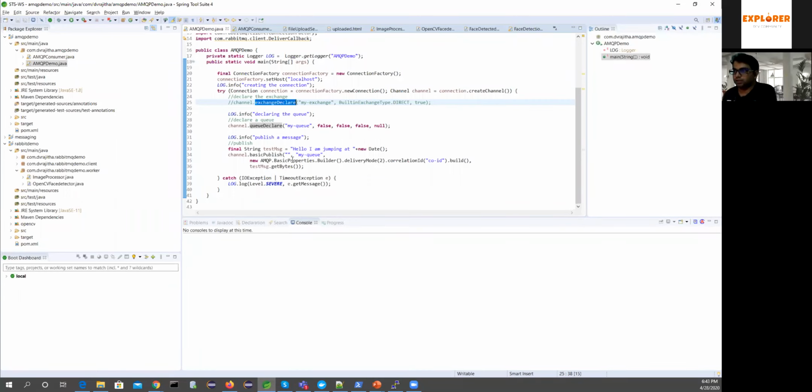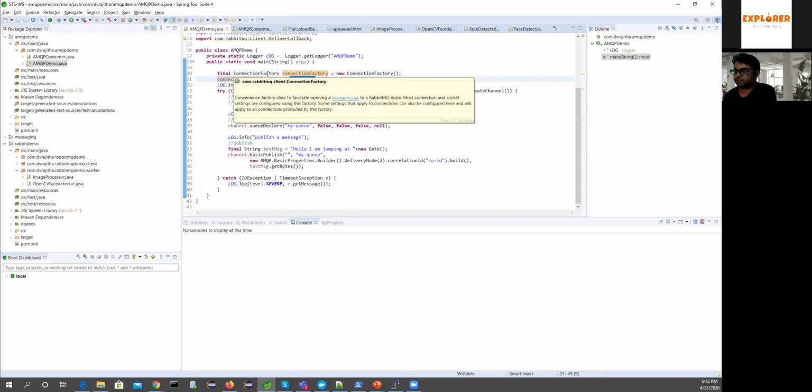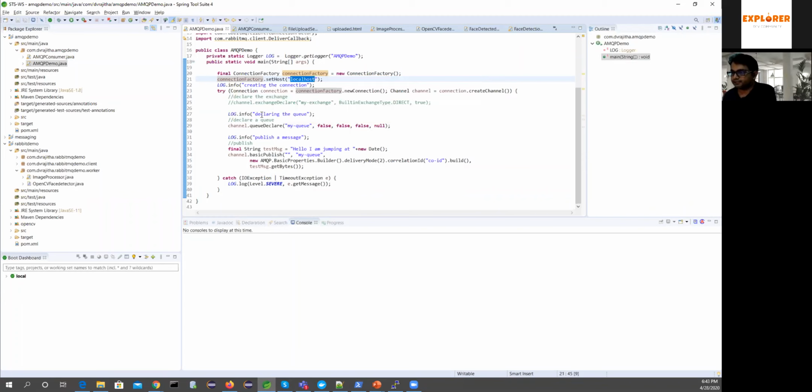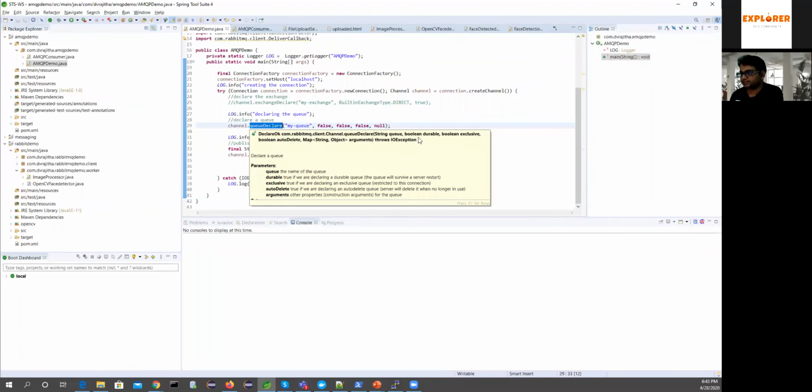Here, to connect, I am setting the host. Of course you would use a username and password here. Then we are going to declare a queue called my queue, and it has different parameters, such as whether this is going to be durable. Durable means whether it is going to survive after a restart.